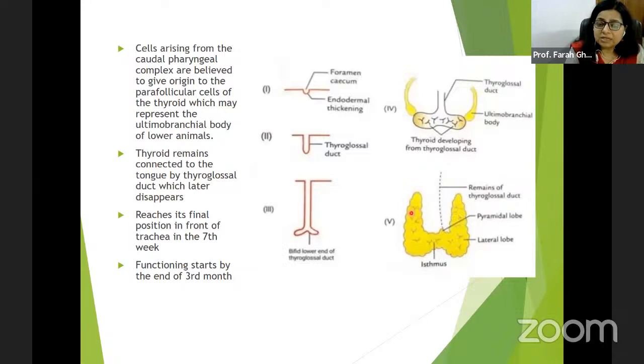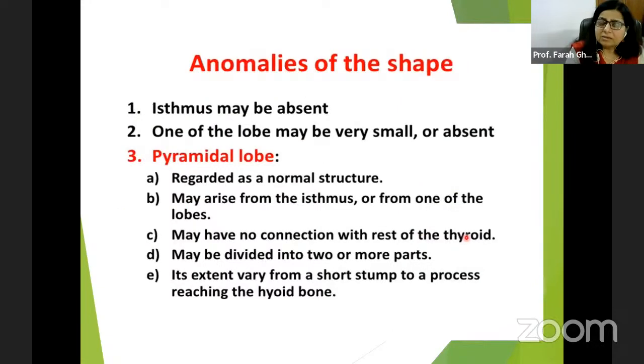इज यूनिलेटरली, either of the lobe is absent and that is the anomalous situation. Pyramidal lobe इतनी frequently present होता है कि sometimes we consider it as a normal structure. It may arise either from the isthmus या फिर किसी भी लोब से arise हो सकता है। कनेक्शन इसका थायराइड से हो भी सकता है और नहीं भी हो सकता है। थायराइड बोन से भी कनेक्टेड हो सकता है थ्रू अ स्टम्प दैट इज लिवेटर ग्लैंडुली थायरॉइडी।